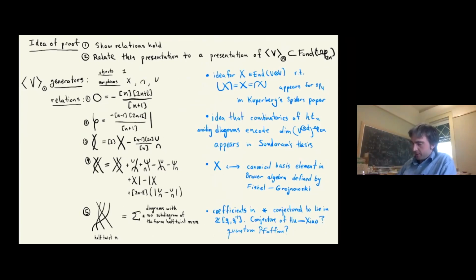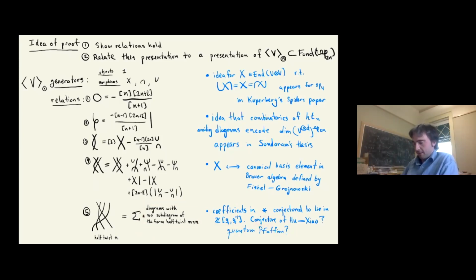And then the other thing I want to say is that it's maybe work in progress or open, or it's not really clear to me. Maybe it's even already understood, but just in some other language, to actually understand explicitly how to rewrite the left-hand side in terms of these crossings and cups and caps diagrams. What exactly is this relation on the right-hand side? And we're sort of conjecturing, I think it's pretty reasonable, that the coefficients are lying in this base ring Z adjoint Q, Q inverse,